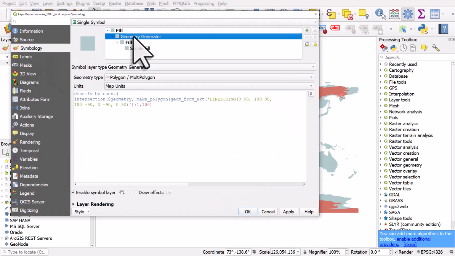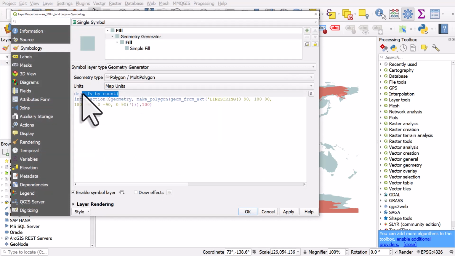all we've really got going on, we've done the densify by count, and you won't notice the effect of that until you change the projection. And then we've got this intersection, and that's basically working like a clip, and it clips it to the same bounding box using this LINESTRING function. Once again, if you copy and paste this and spend some time trying to decipher it,